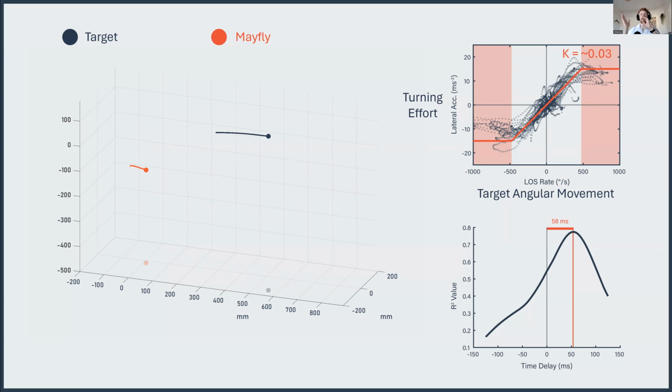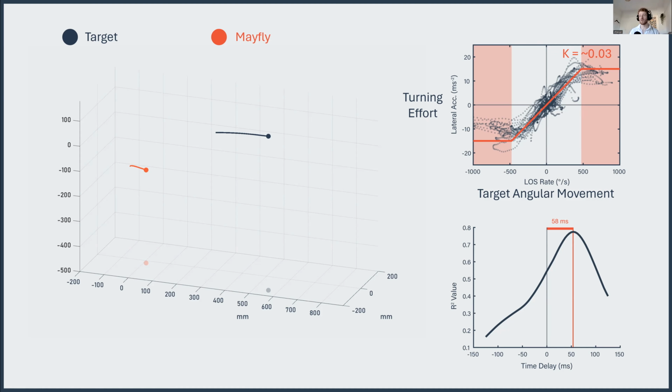And they just try and stabilize that. And they apply turning effort in linear proportion. So if the amount of angular movement doubles, the turning effort also doubles. And that's a wonderfully linear behavior right there. So we can then analyze why that's a good solution and start comparing that to engineered solutions.